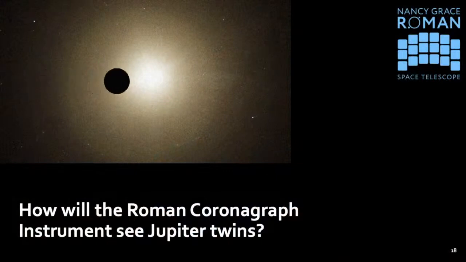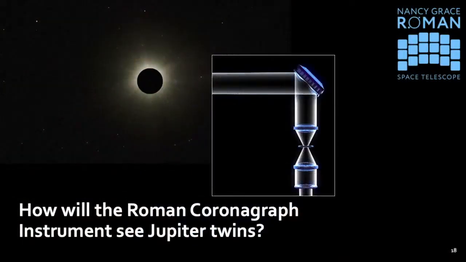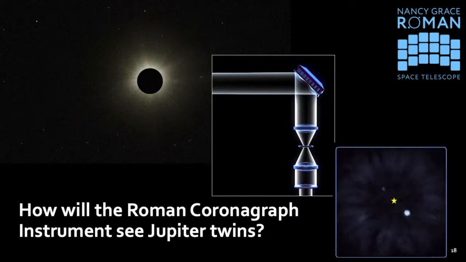If you want to see an airplane flying next to the sun, your first instinct is probably to hold up your hand and block that light before it even reaches your eye. And that's exactly part of what we do in the coronagraph instrument on slide 18. So the first thing we do is bring in this opaque dot that blocks most of the starlight before it reaches the camera. That is the coronagraph that the coronagraph instrument is named for. And historically, it has that name because the first application of coronagraphs was actually to block the sun's light to study the corona of our own sun, but we can use it to block other starlight as well when we adapt the